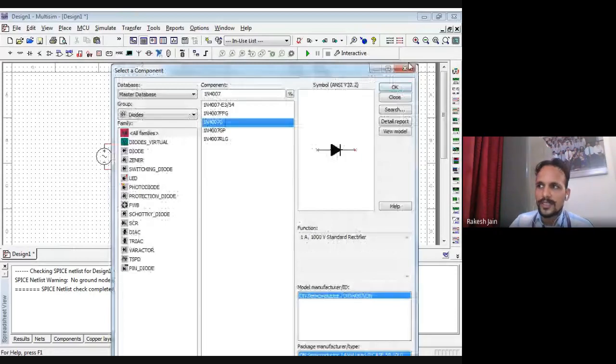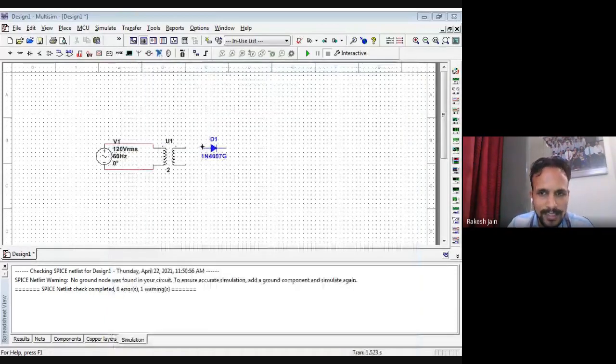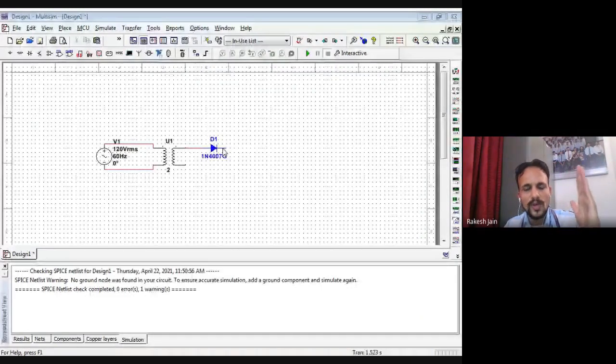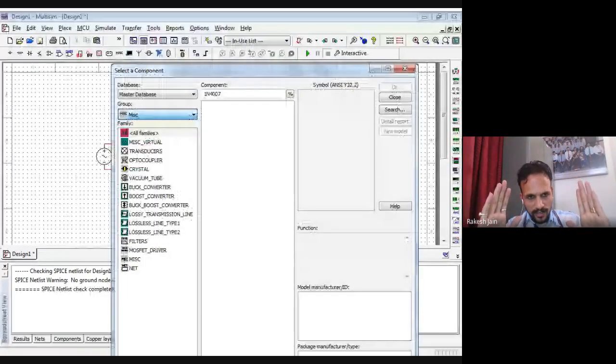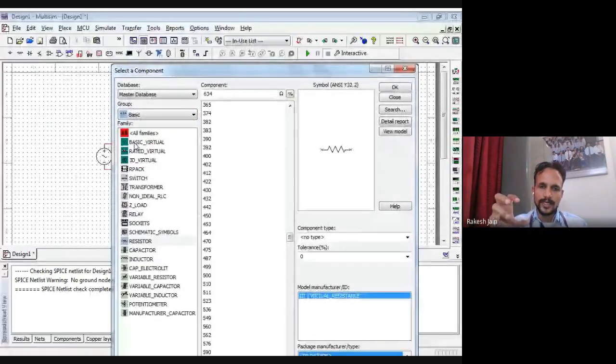Okay. Now at the second terminal, I have to connect a resistor of 1K as I just showed in front of you in that MS Paint file. So I just connected the diode over here. So go to the MISC, then go to the basic. Just see very carefully the software, how we perform the practical, how we choose the component, right? By practice and practice, you will easily understand all these things.